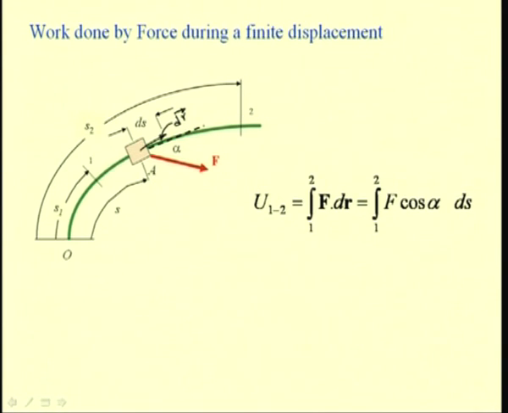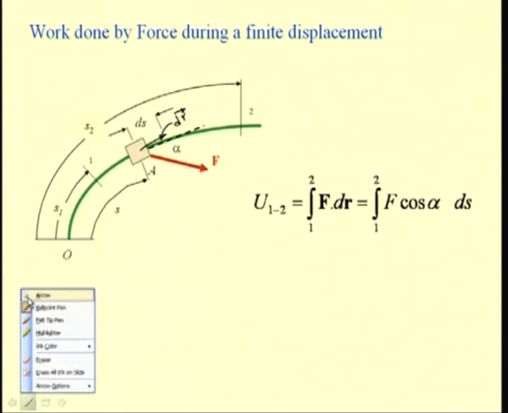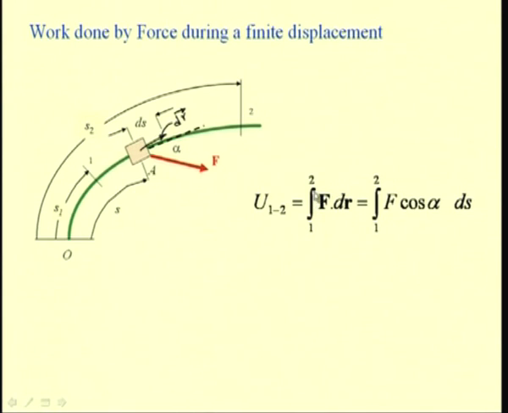So, we have the total work done between the position 1 and 2 as integral 1 to 2 F dot dr,